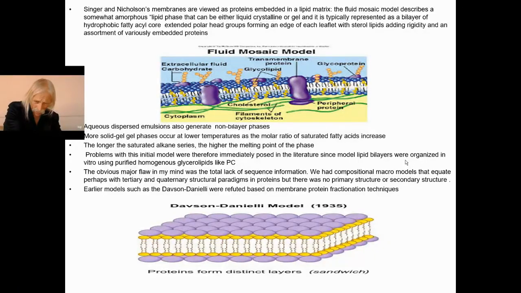I just want to show you the earlier model, the Davson-Danielli model, shown here is back in 1935, where they assumed that you had proteins stacked on the outside of a bilayer. That's what's supposed to be. These purple discs here apparently are supposed to be proteins. So that model was discarded. This model then came about. And this model still has a lot of significance because it still basically represents kind of what a membrane looks like. But we have much more detail now. We also know there are multiple different phases that lipids will take on, therefore generating different kinds of membranes. Okay.